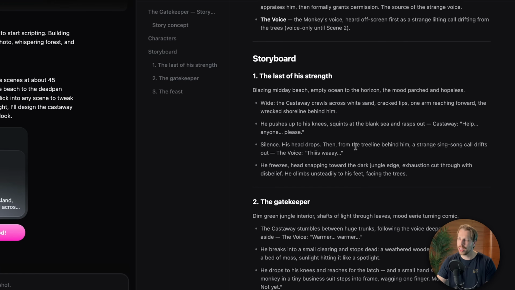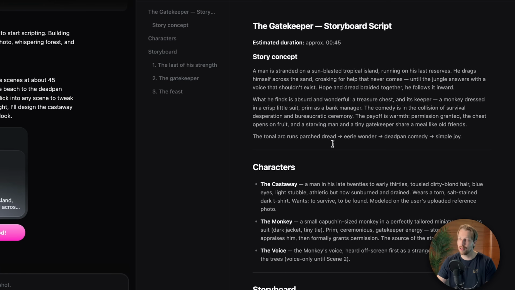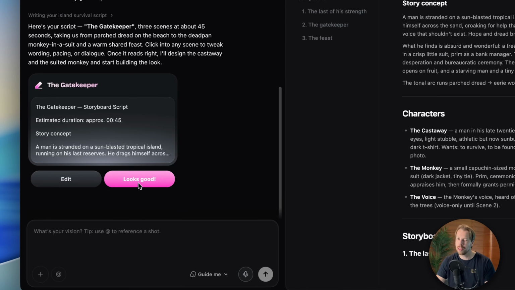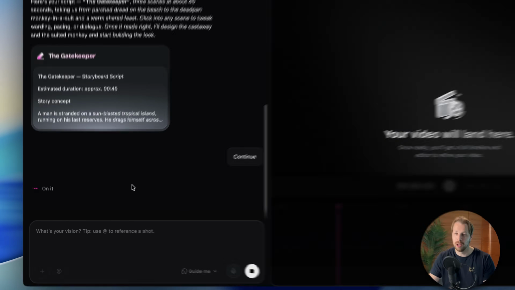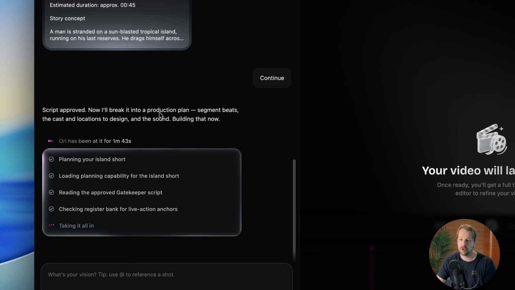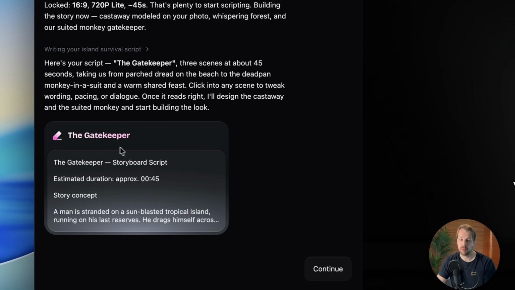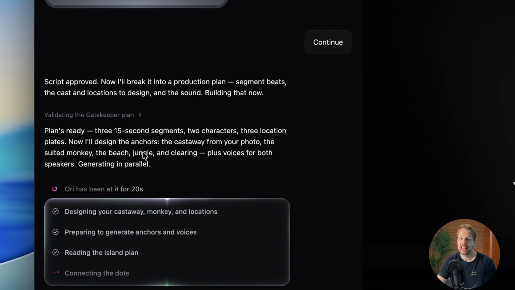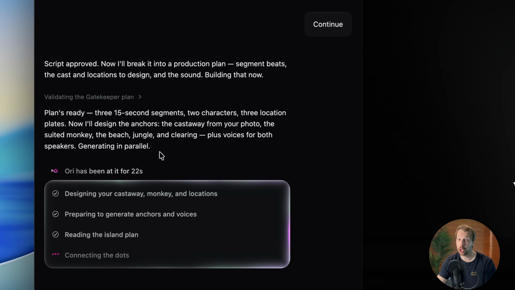But based on what I just read over here, I think this looks fantastic, and most of the time it's pretty close to what you'd probably want, so you can just click on looks good. And after you have done that, the AI starts to do a production plan, and this step can take quite a while. As you can see, I've already been waiting for almost 2 minutes. And once these production plans complete, then you get to the next phase automatically, and it starts to create you